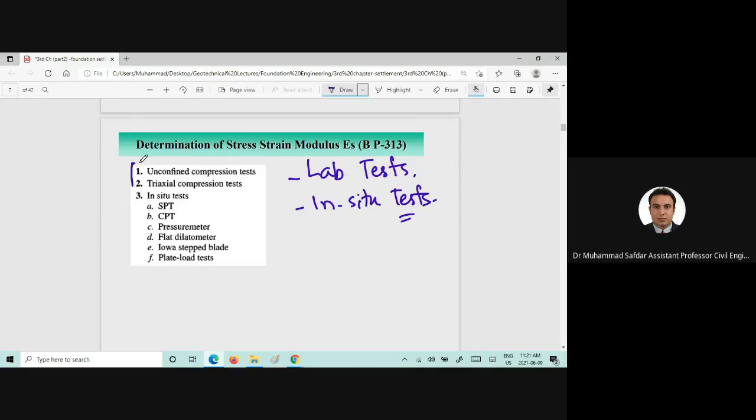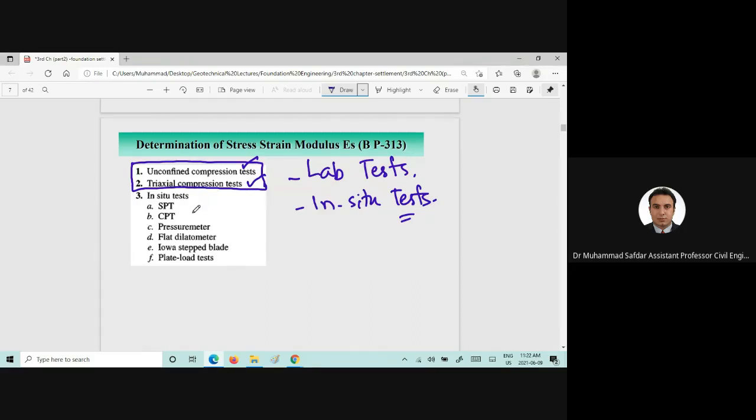There are many lab tests, but we can perform the unconfined compression test, which is mostly used in geotechnical engineering to find out the modulus of elasticity. In lab, we can also perform triaxial compression tests, where we can control the drainage conditions and estimate the modulus